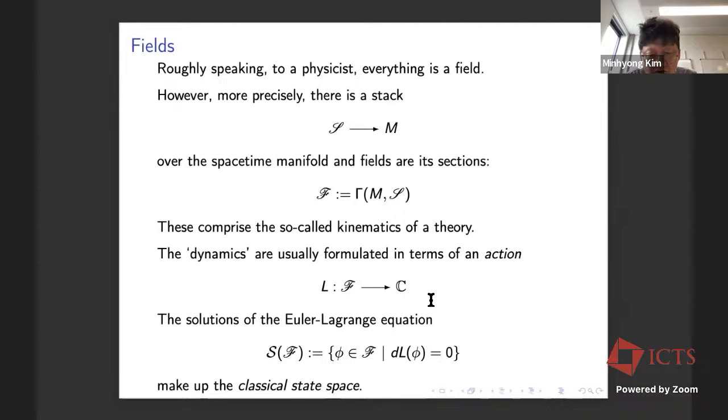So this is thought of as dynamic because this is a space-time manifold. So if you write it as space cross time, any given solution can be thought of as something on space evolving through time. And so you can also think of this as the classical path sometimes inside the space of fields. But anyways, in physics you're interested in how something changes over time. So you're interested in differential equations of this nature and try to solve them. But it's usual in modern physics to formulate all of this in terms of an action, to say there's a function on the space of fields whose critical points give you the equations of motion.